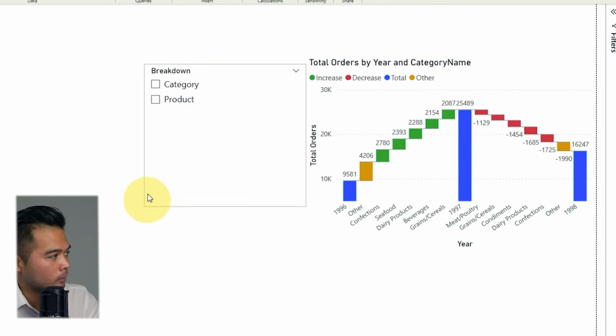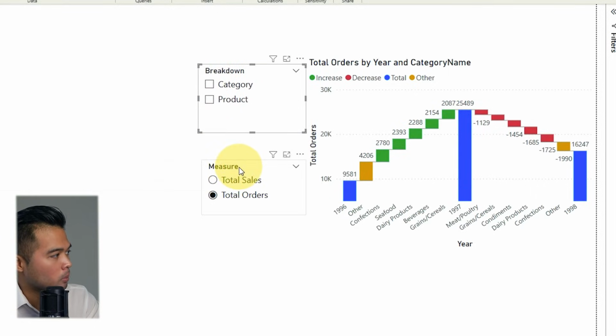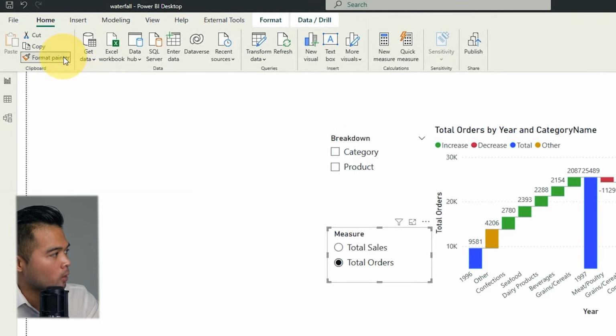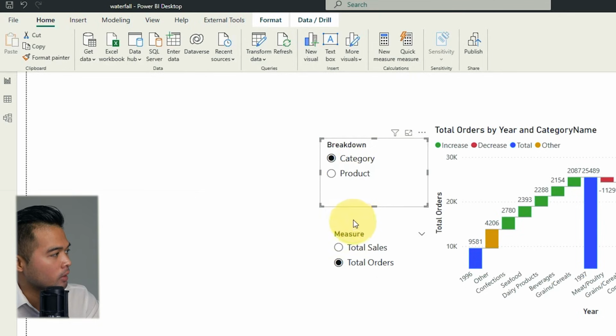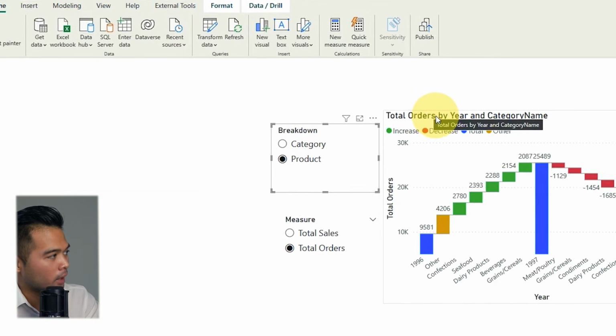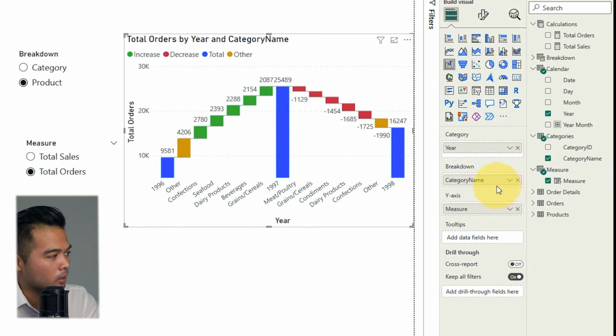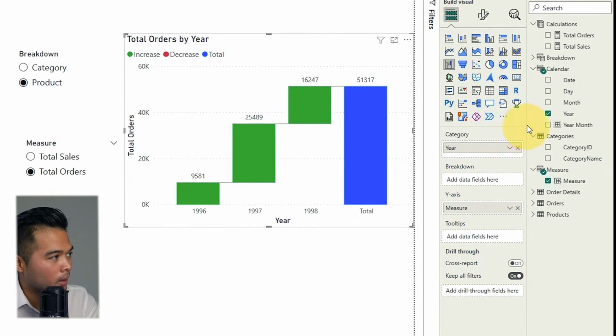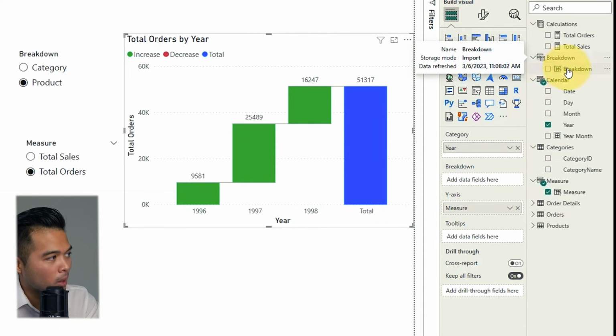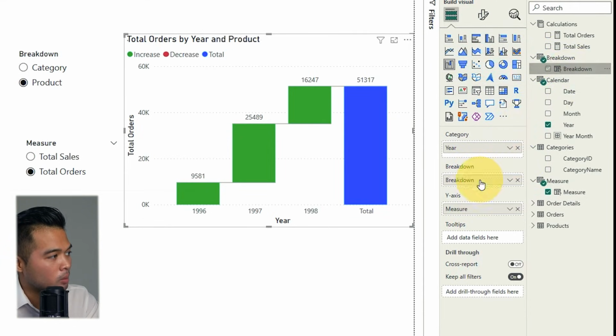It will give us the same slicer that we had before. So to keep it simple, we'll select the measure here, format painter, click there, and now that gives us a single select slicer. Allows us to choose between category and product. Now, like before, we'll go to our waterfall chart under the category or the breakdown well. We'll remove category name, and we'll look for that new field parameter that we created, breakdown. If we drag that into this breakdown well,